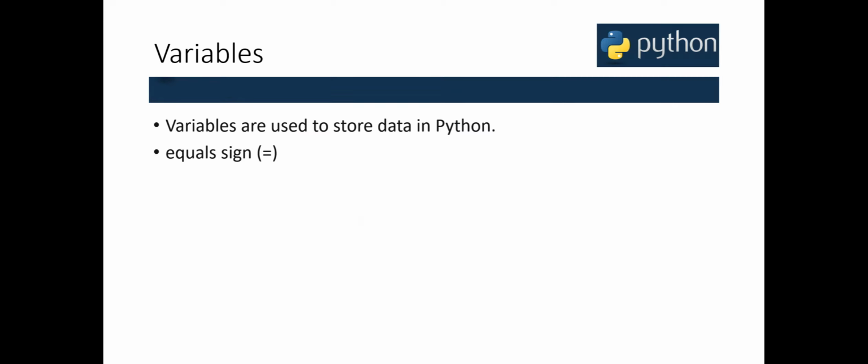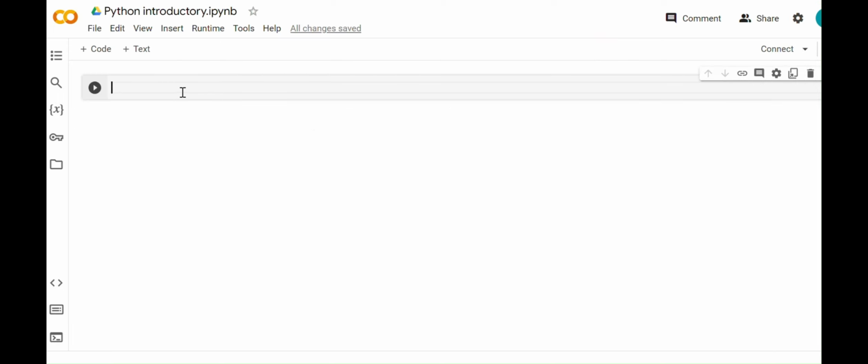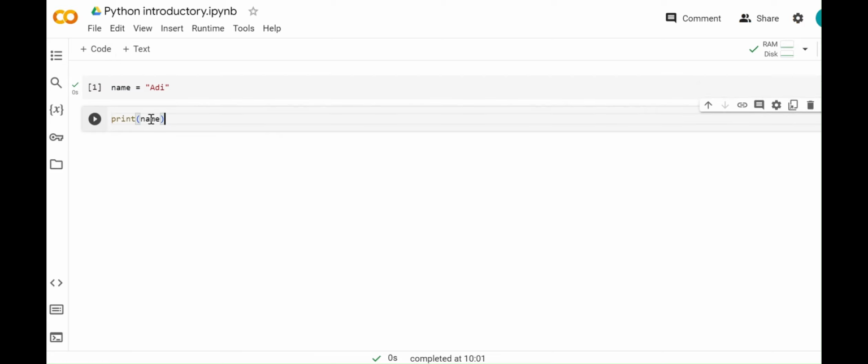Variables. Variables are used to store data in Python. For example, to create a variable called name and assign it the value "Adi", you would write name = "Adi". You can then access the value of the variable by typing its name. To print the value of the variable name to the console, you would write